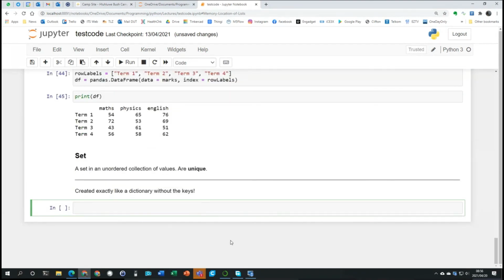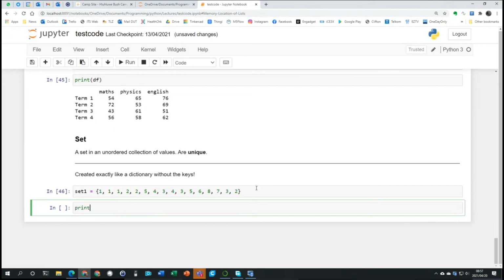All right, so let's create a set, for example. Let's go set1 equals, and we open and close our braces. And then we can put values in there. So I'm going to add some values, and I'm going to say 1, 1, 1, 2, 2, 5, 4, 3, 4, 5. I'm just choosing arbitrary values here. So I've created a set, and this set just contains arbitrary values. Now, if I print out that set,